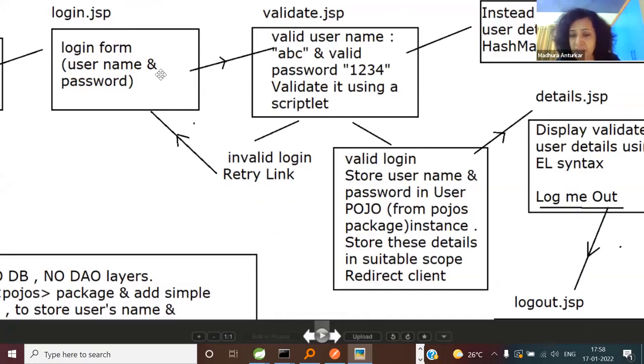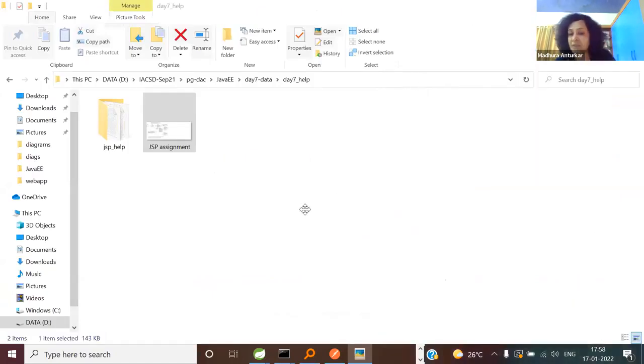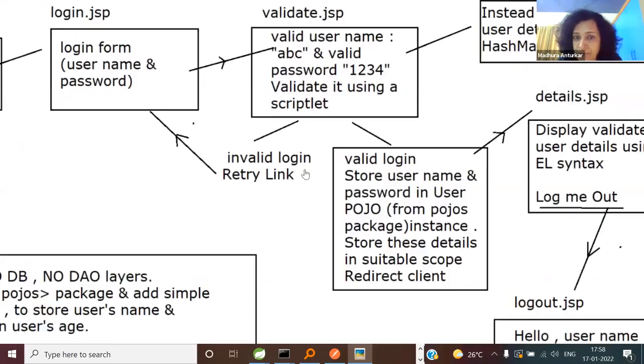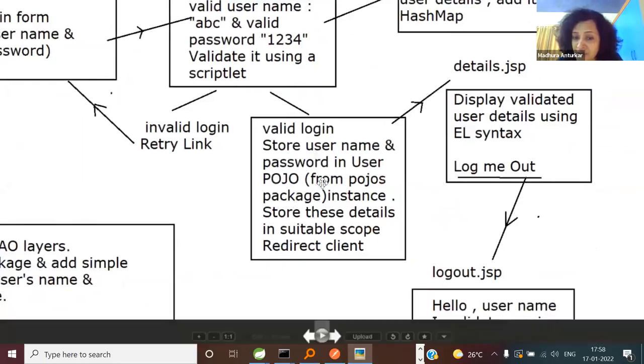Is invalid branch clear? Adding the retry link. We've done it so many times in a servlet. You can visualize. Okay. Now I'm giving you more. In case of successful login, since we are sitting in a JSP, do you have to say request.getSession, or is HTTP session object automatically created, implicitly created for a JSP? Of course, it is implicitly created. Why? I hope you have revised.